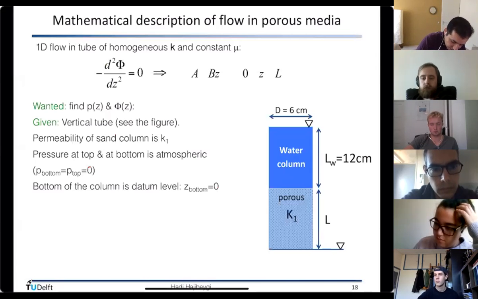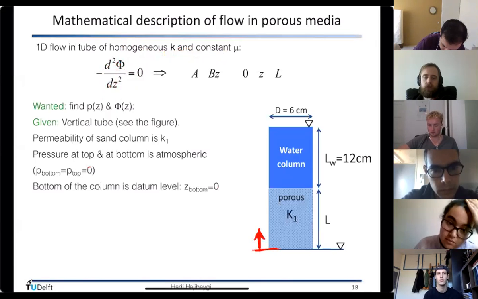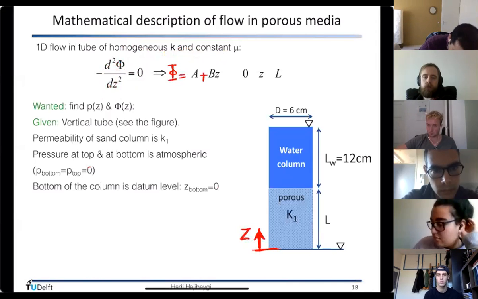I have written my potential equation for homogeneous permeability, and constant velocity is this guy here. And I am solving it in the direction z, because I want to have a vertical porous sample, and that's my z direction. I know that the integration of this would tell me that potential is a plus bz for z between 0